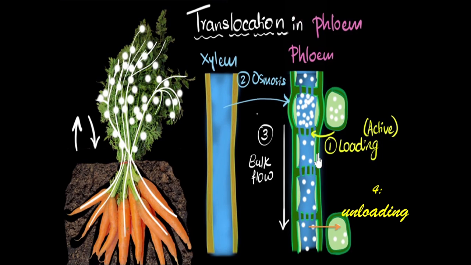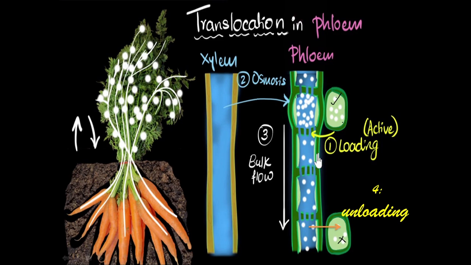So in the case of translocation, suppose this particular part has enough glucose molecules, or stored food, whereas this other part needs food and does not have enough food in this region. So the food has to reach from the region where there is enough glucose to a region where there is not enough food. How that happens is what we'll discuss in translocation.